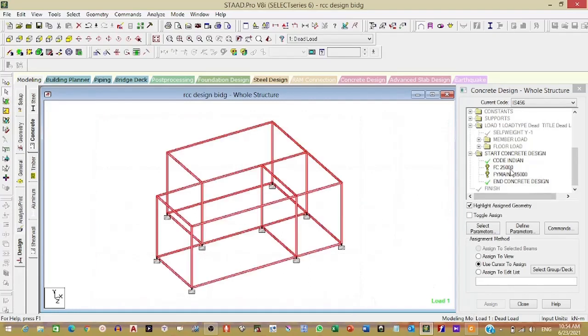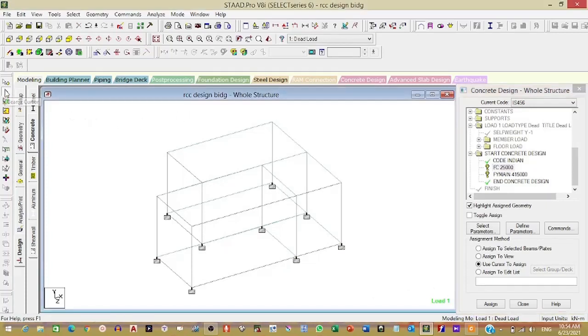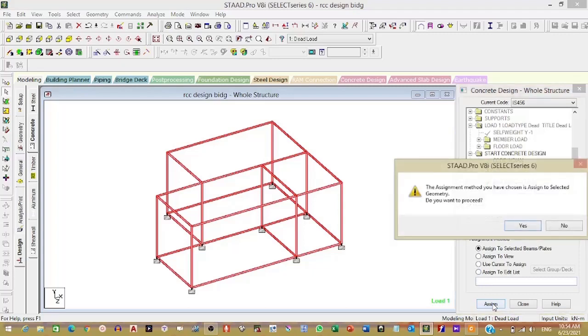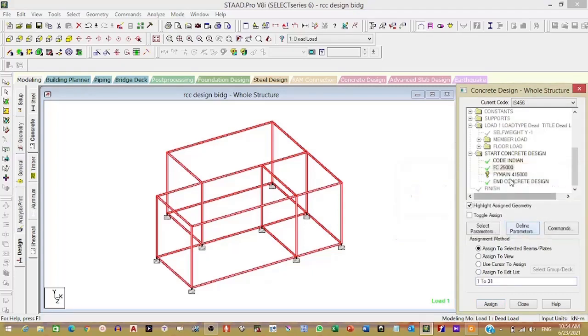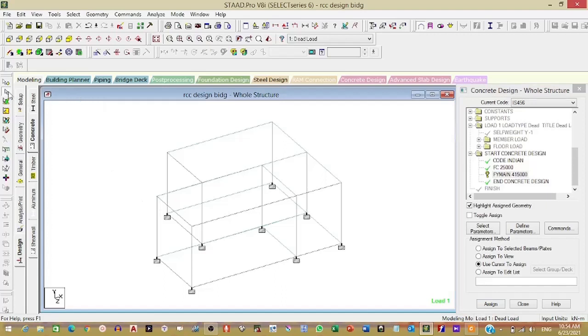Then add, assign, yes, already assigned. Then Fy, select again. Instead of this, if you select view, meaning whole, then also it will be possible. Then select the slab panels.